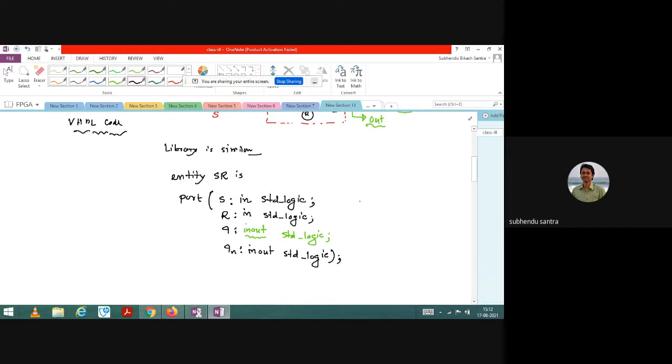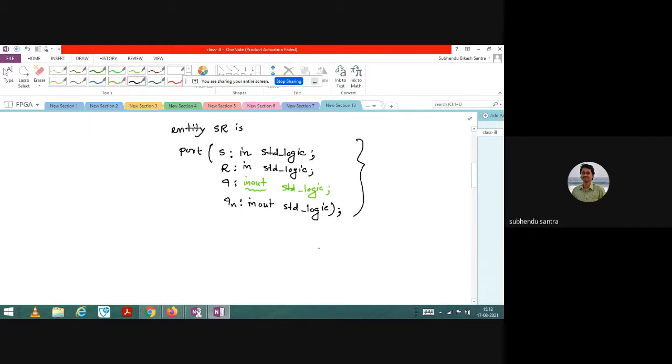Okay, so am I clear how to define the port for this kind of situation where you have an output, and from the same output you need to give an input for processing another thing? Is that clear? Because this is what is important here. Now next is the in basically end. This is SR. Now, how do I define the SR latch?